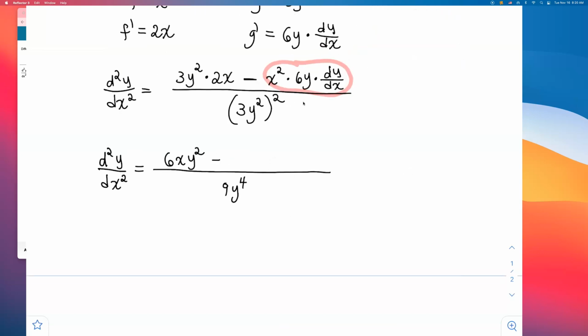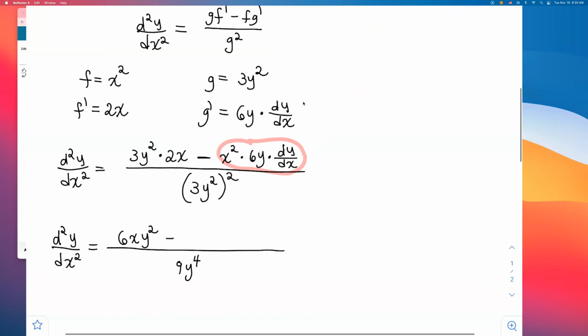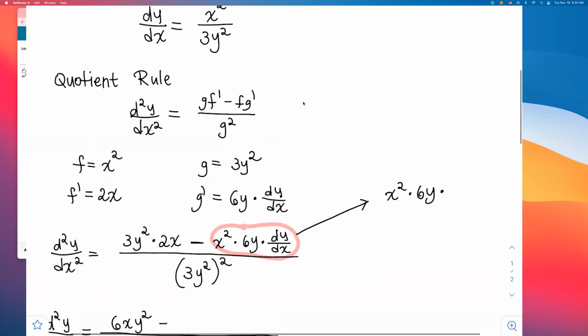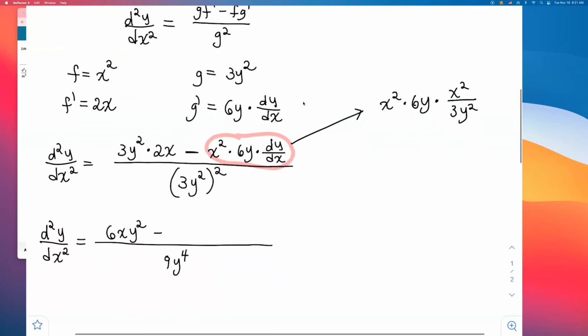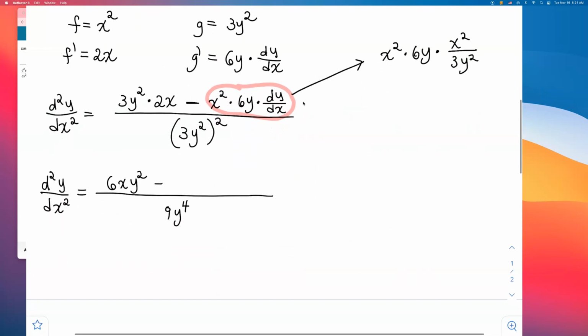But hold on. We know what dy dx is. So how about we simplify this on the side over here? This is x squared times 6y times, what was dy dx? Remember we found that the first derivative is this, right? So I'm multiplying this by x squared over 3y squared. Let's see if we can simplify this, okay? I plugged in dy dx back here. So if I try to simplify this, I will have,